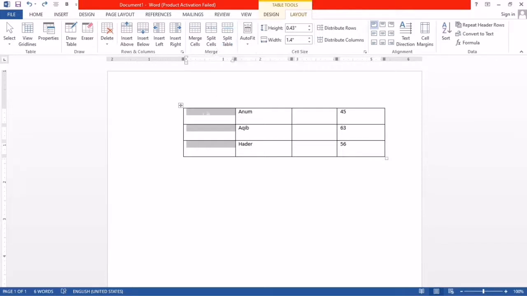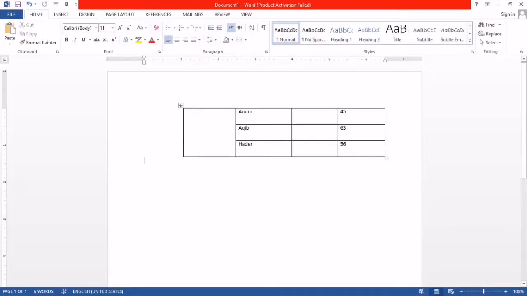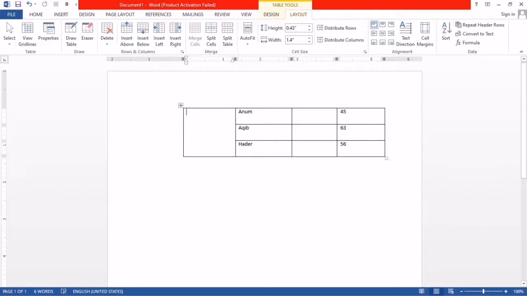So first I select these 3 cells, and if I click on merge cells, you can see these 3 cells merge into one. Now you understand this. Now these 3 cells become one cell, okay. Now if you don't want to do this, press Ctrl and Z key, and this will appear again. Now again this is the selected cell, so I want to split cells.